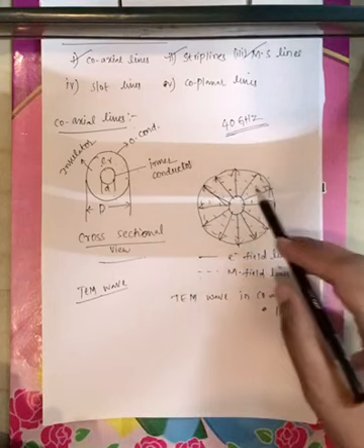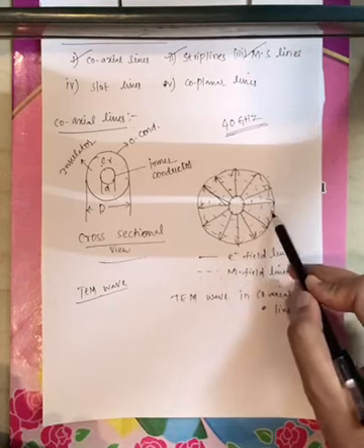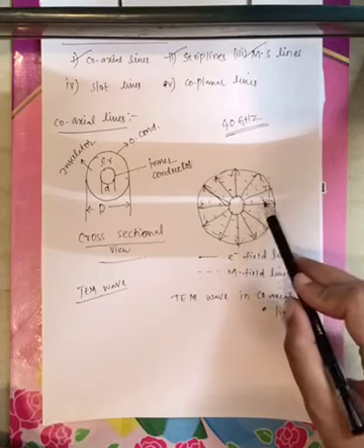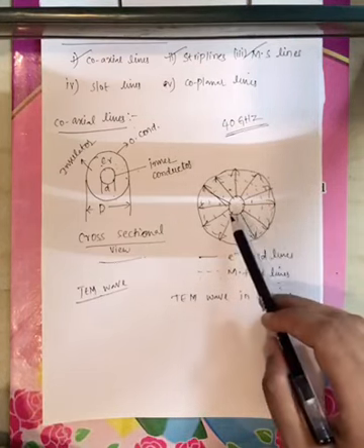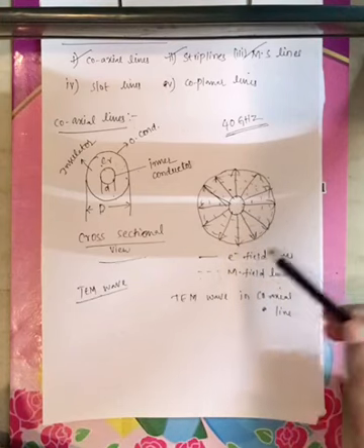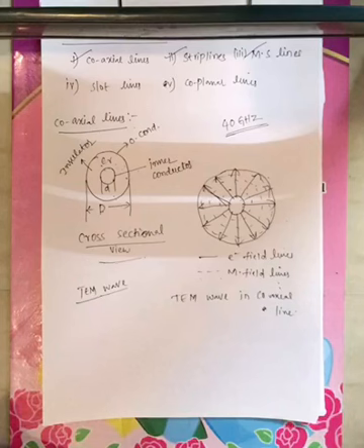Now this is how the TEM wave propagates in a coaxial line. This is the inner conductor and outer conductor. The dotted lines are magnetic field lines, the straight lines are electric field lines. If you see this structure, all the electric field lines and magnetic field lines are confined within the inner conductor and outer conductor. That's why there are no radiation losses in a coaxial line.